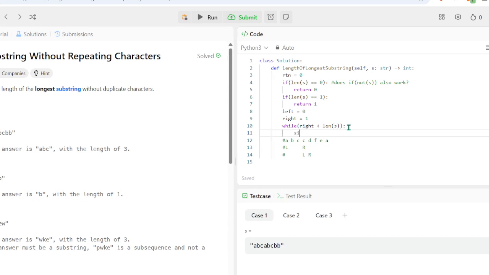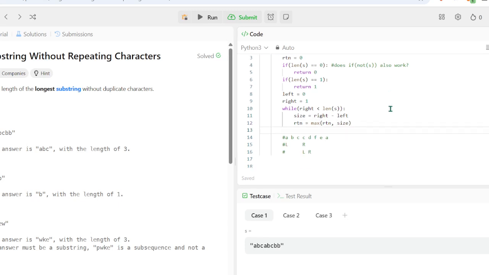Okay, so we'll say the size of our substring is right minus left, and then RTN is equal to max of RTN, comma, size. So that will update our return value, right?